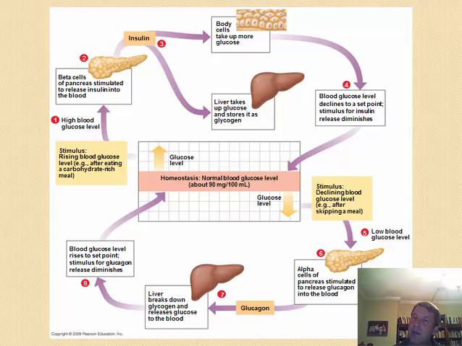If your body, say you skip breakfast and you have a lower blood sugar, your pancreas can help with that. And what it does is the other types of cells in your pancreas, called the alpha cells, release another hormone called glucagon. Glucagon will do something to try to get sugar in the blood. And what it does is it goes to the liver. Remember up here we mentioned that some of that sugar can be stored in the liver. Glucagon can go and get it to break it down and release it to increase your blood sugar levels, and that's a homeostatic response, and that helps to maintain that